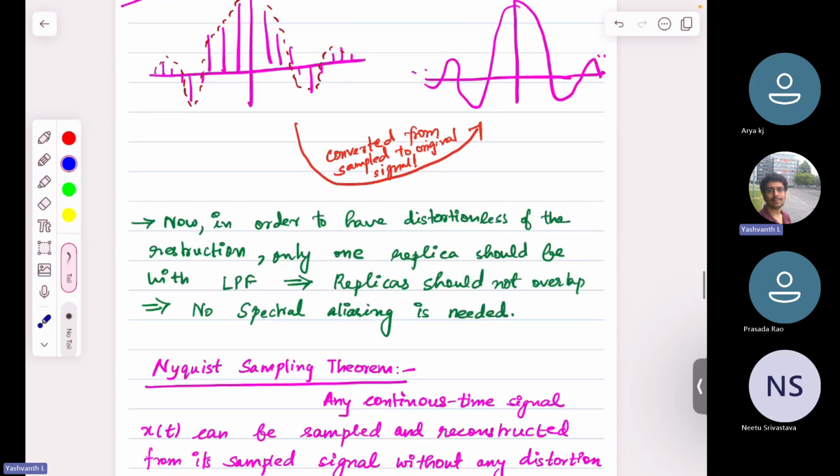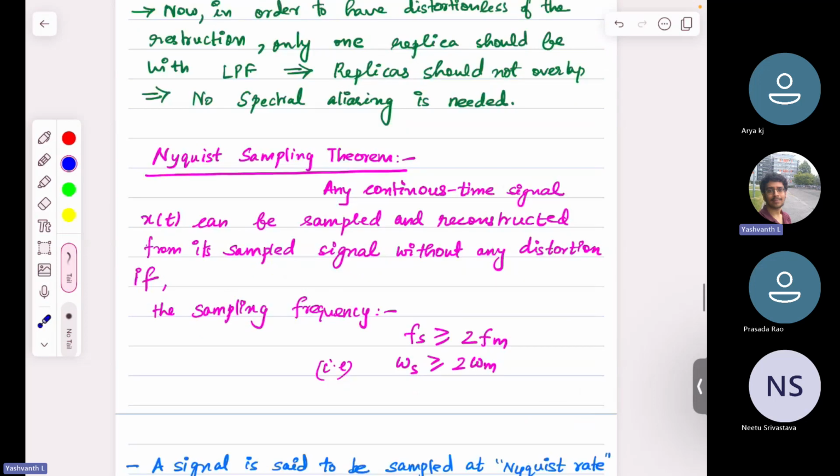So that gives rise to this result, which is called the Nyquist sampling theorem. Very important and fundamental theorem. What it says is any continuous time signal x of t can be sampled and reconstructed back from its sampled signal without any distortion if the sampling frequency fs is greater than or equal to 2 times fm, or in angular frequency, omega s is greater than or equal to 2 omega m. I didn't finish, where